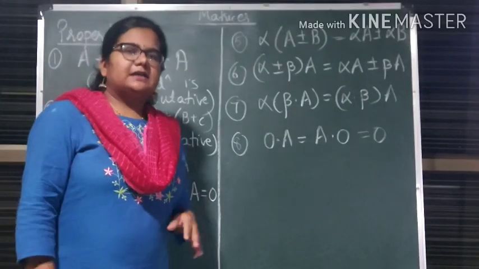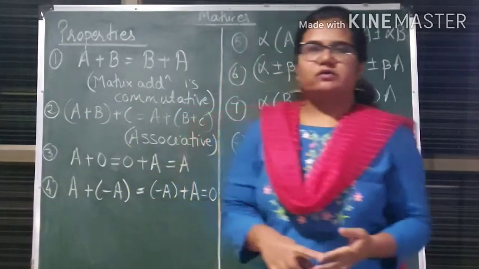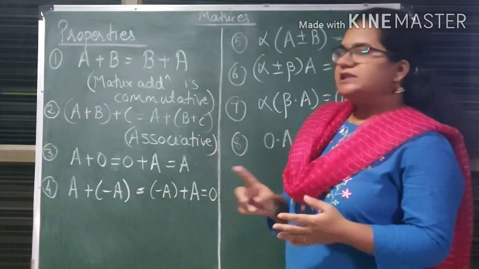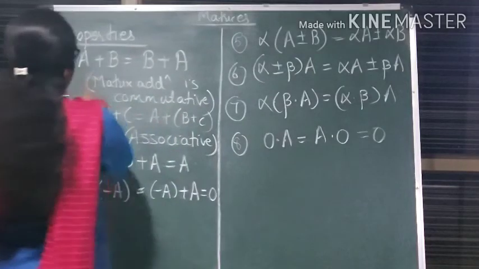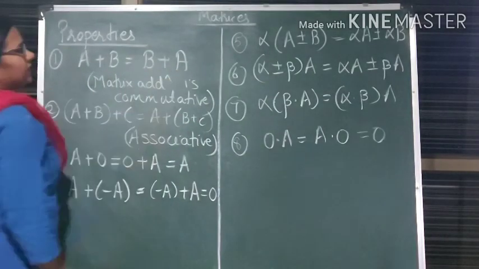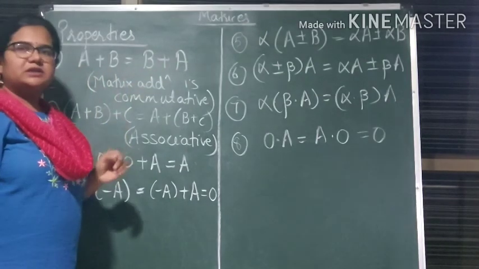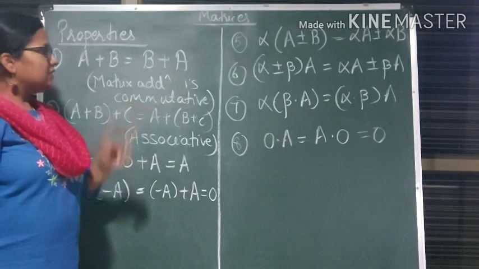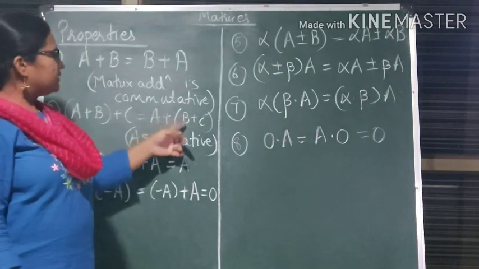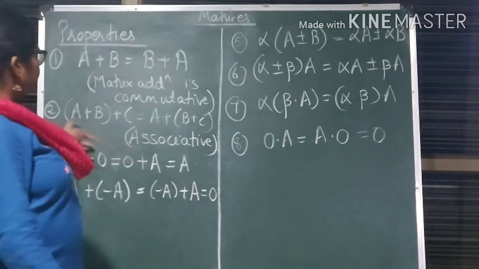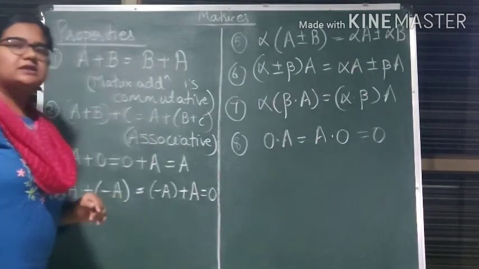Now, after understanding the algebra, addition of matrices, subtraction and scalar multiplication with equality of matrices, we will study a few properties based on addition and scalar multiplication. Okay. See the first property, A plus B is equal to B plus A. That means whether you add matrix A to B or B to A, you are going to get the same answer. So, matrix addition is commutative. The next is A plus B plus C, with different use of brackets. However you solve, you will get the same answer. That means matrix addition is associative.